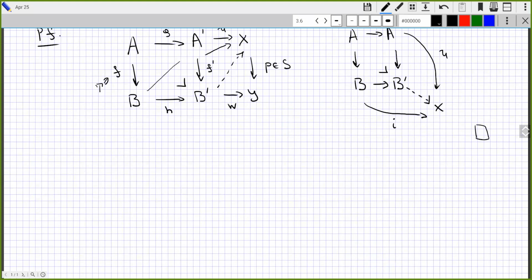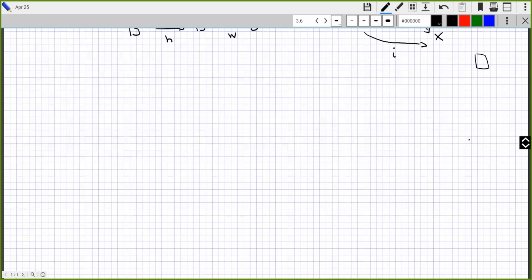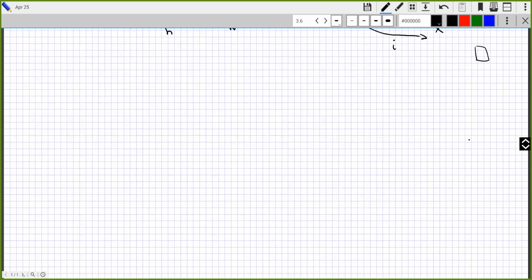So that is all done. Okay. And another similar categorical definition. We say that one morphism is a retract